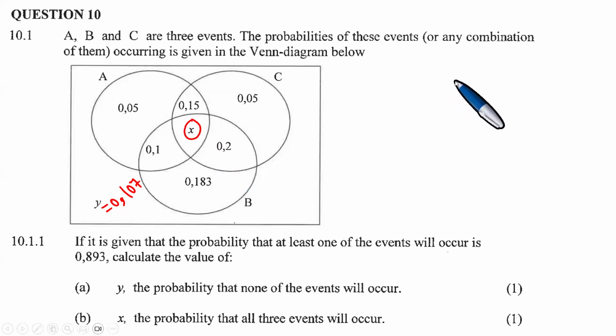You add everything together, yes, then you will subtract it from the sample space. Yes, that is correct. So well done there, Tando. Very well done. So to get the value of X, because you are told that the probability that at least one of the events will occur is actually 0.893, right? So which means therefore you will add X plus